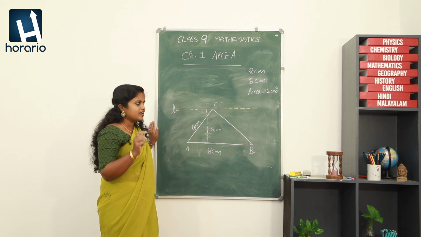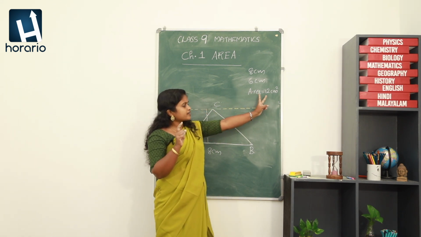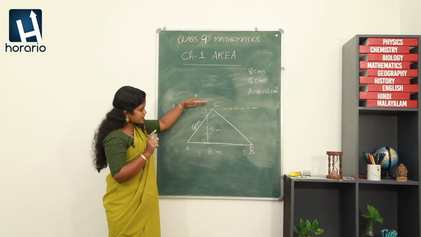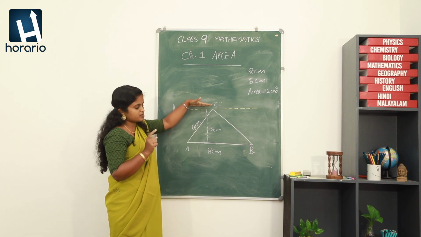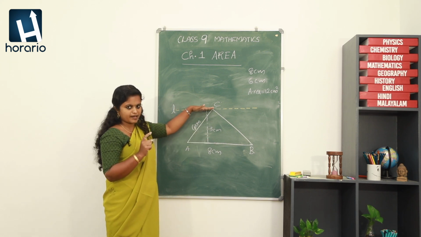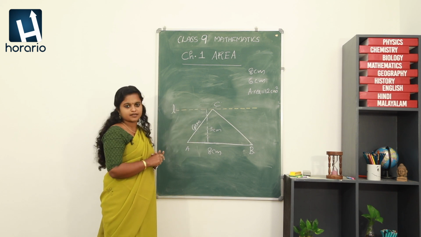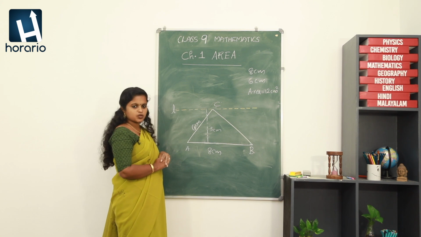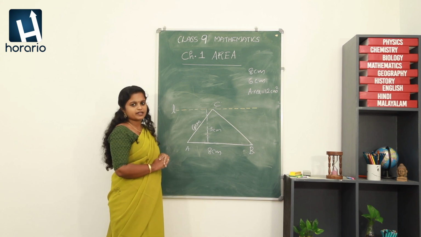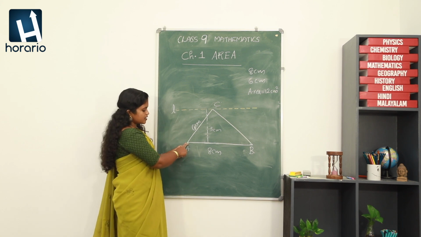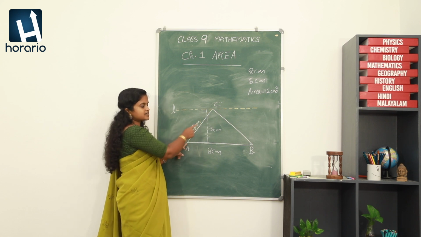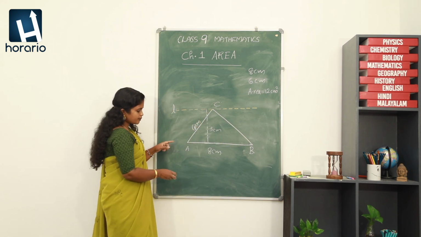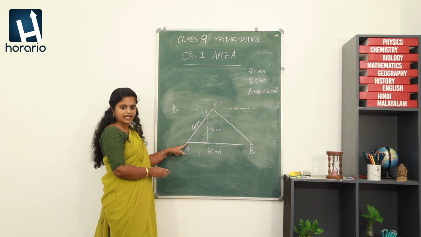So keep in mind, in order to make the area a constant, it should be made sure that the new triangle should lie in between these two lines. Okay, the parallel line L and the base AB. So how is it possible? Remember, one of the sides should be 6 centimeter and we are not supposed to change the base also. Okay, so I am going to fix this point A.